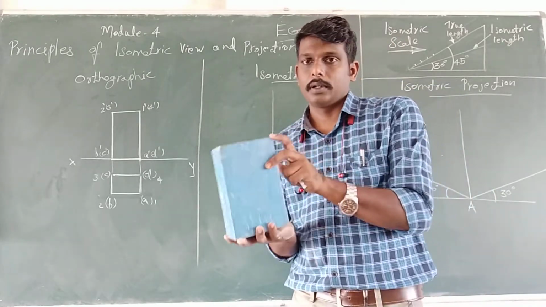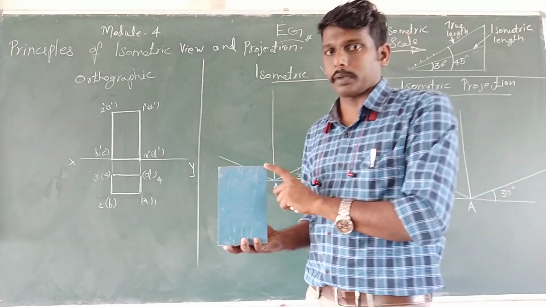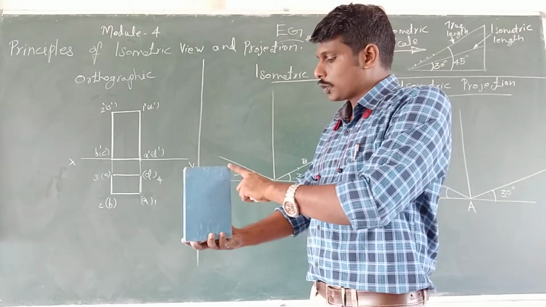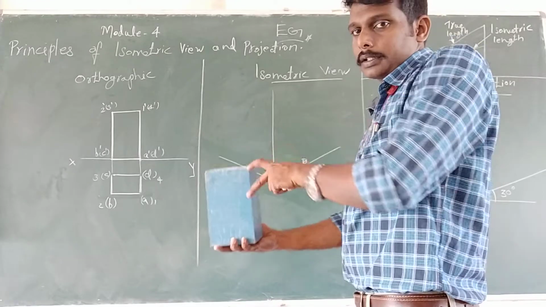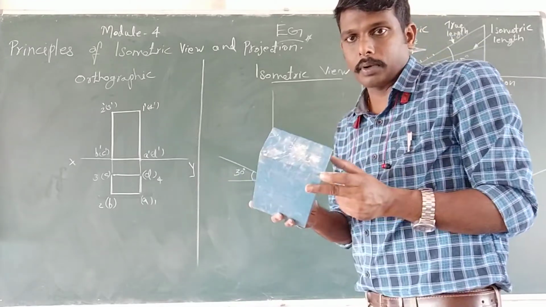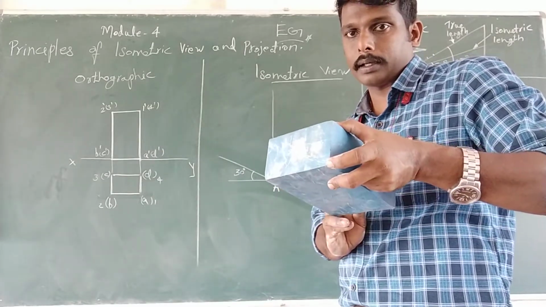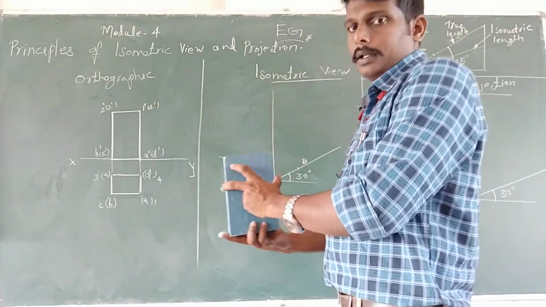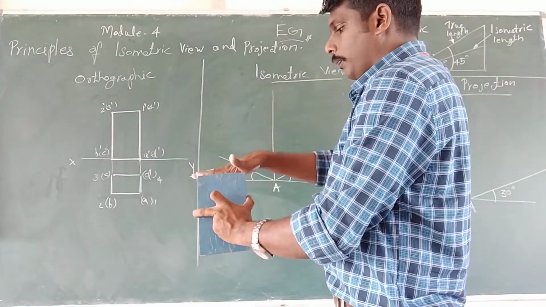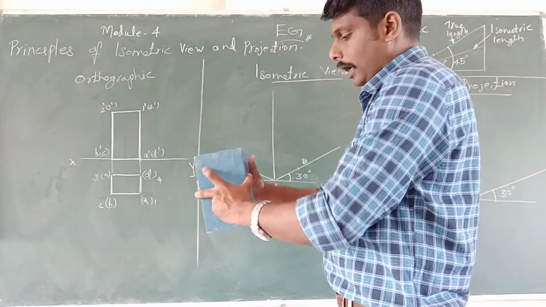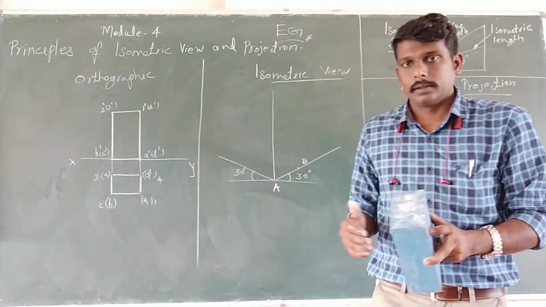Okay, 1 to 3. In isometric view or isometric projection, we are looking at the object along the solid diagonal, that is, perpendicular to the solid diagonal. Here the view is like this, and the projection will be seen like this. When viewing like this, we can see the top face, the front face, and this face also. These three faces are visible.